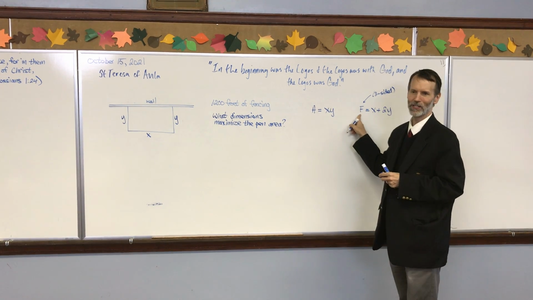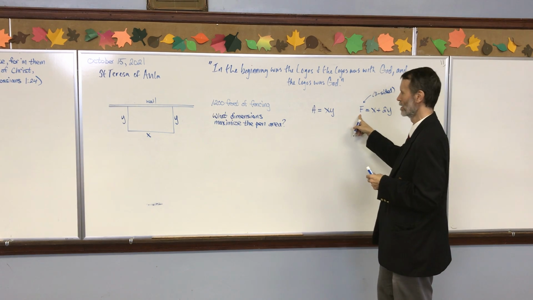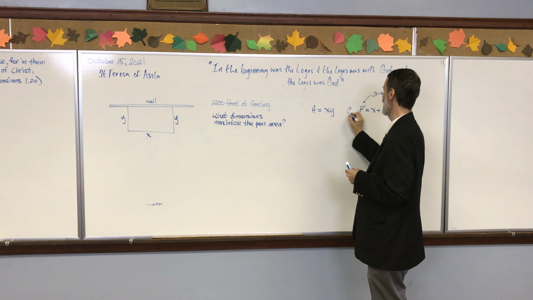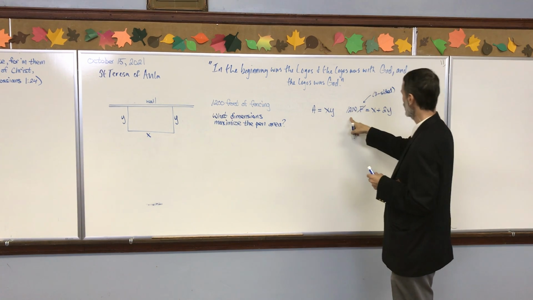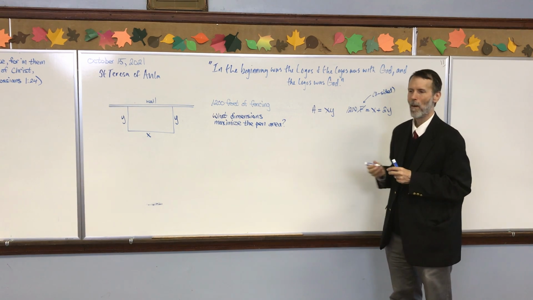Can anybody tell me how much fencing we have total? Just to catch us up from yesterday? 1,200 feet. So I can do that. I have 1,200 equals x plus 2y, and A is equal to xy. Now,